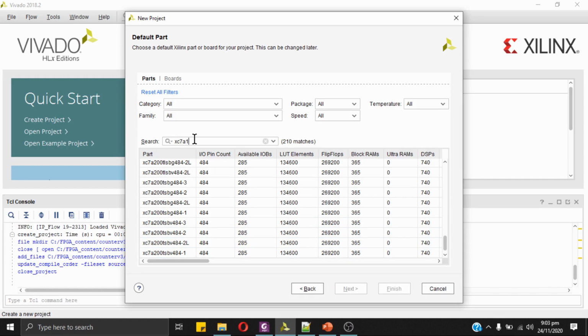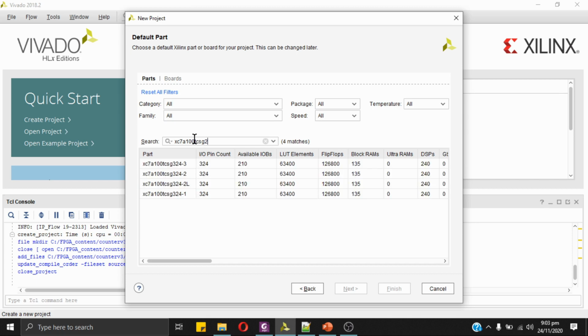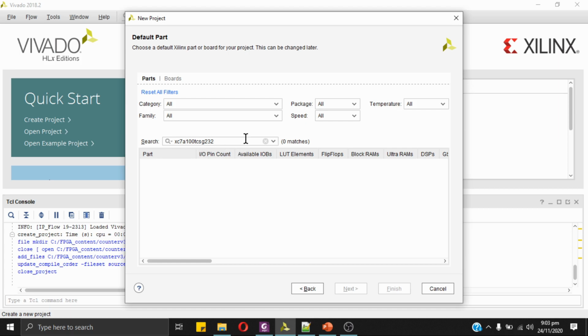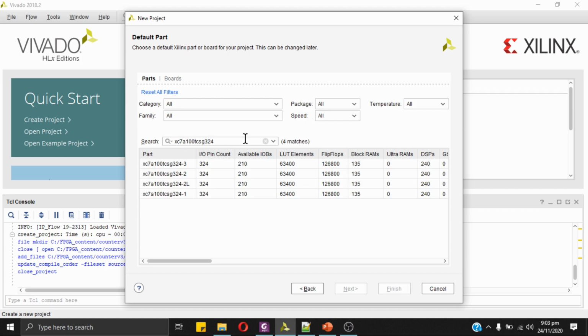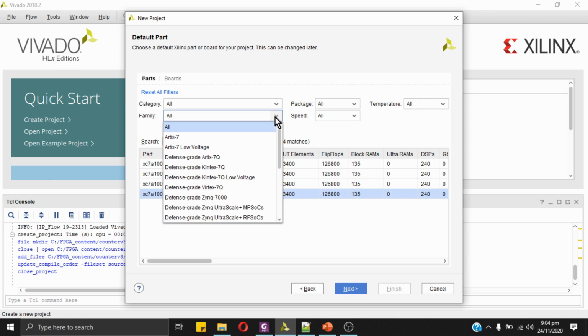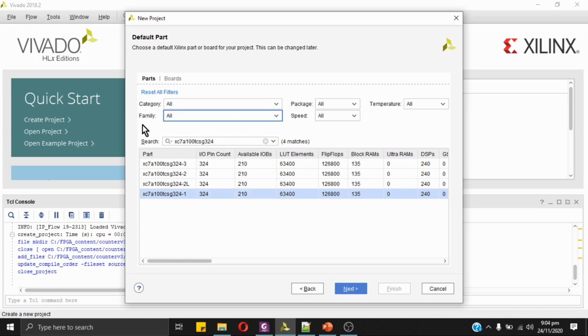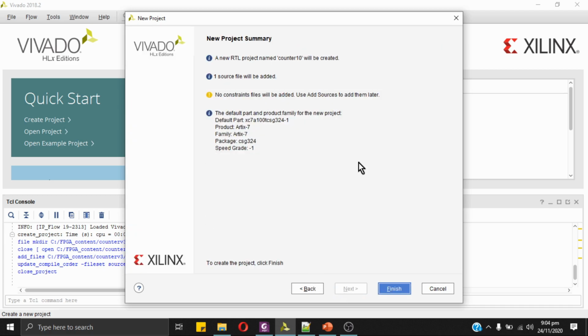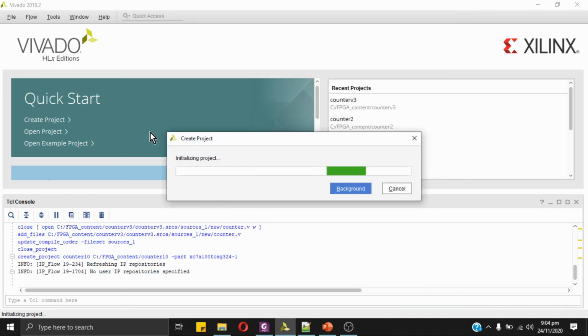I have an Artix-7 FPGA, that is XC7A100T CSG324. If you don't have the FPGA and you want to perform any simulation, then you can select any FPGA from this list, or you can select Artix-7, Virtex-7, or Spartan family FPGAs. So click next and click finish.